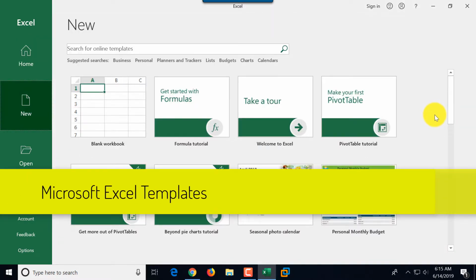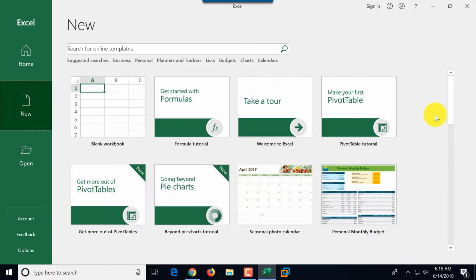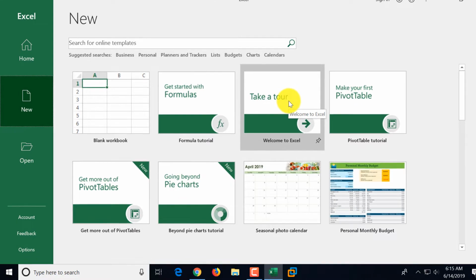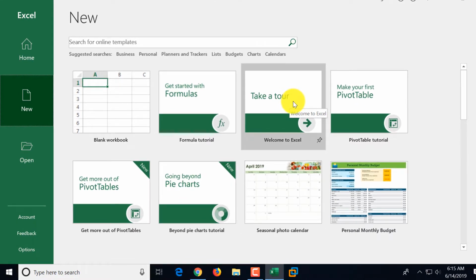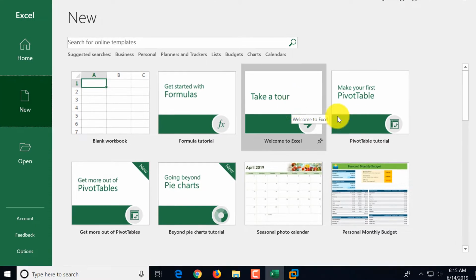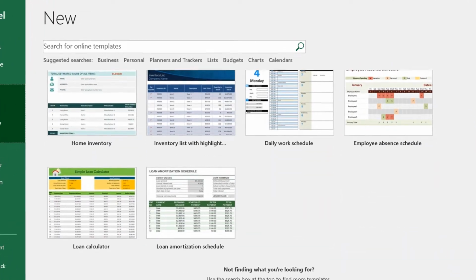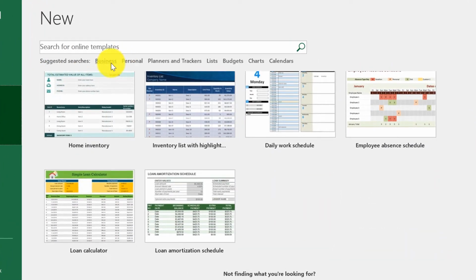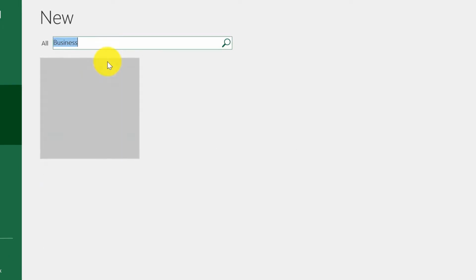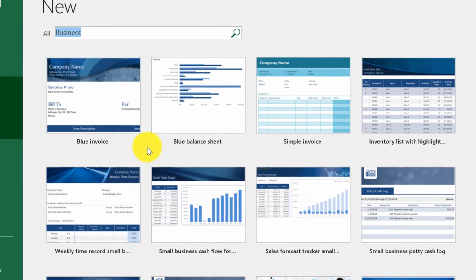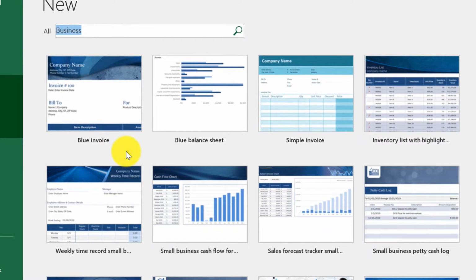are templates. And there are a lot of templates that come with Excel itself. A good one is Welcome to Excel, but I'm going to skip this one because I'm really interested in you taking in my tutorial. But if you scroll down, you can see a lot of the most popular templates. And you can also search through other templates that are available in the business category and in a lot of other categories that are listed. Templates allow you to access some of the functions that are pre-built for you by